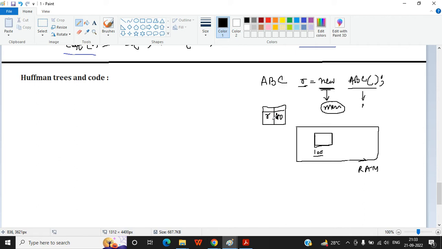Suppose your name is Shashikala. Shashikala is a name taken by your parents from a book, from some mythological character, from anywhere else. That name is attached to your existence, to your figure, to your body. That person is identified by this name. So that name is called a reference, and it is nothing, it's just a name. It does not contain any address.